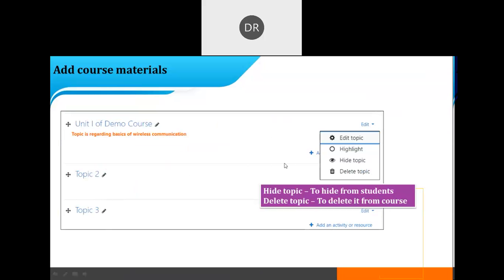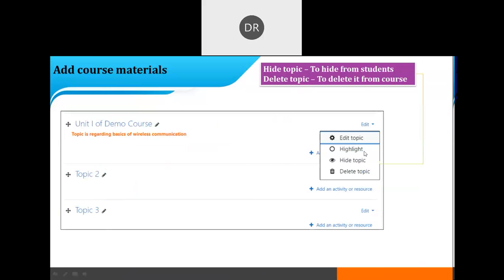Now, if you scroll down, you will find hide topic. Hide topic means to hide from the students. If you want that the units should not be visible to the students initially, you can hide the contents from the students.